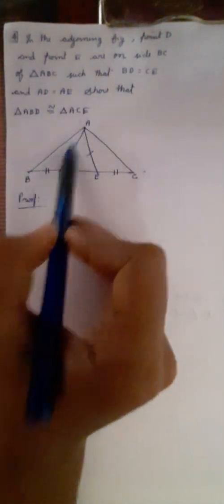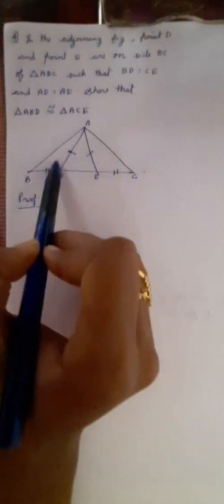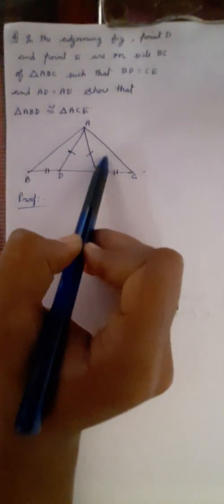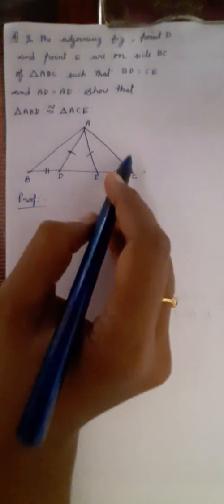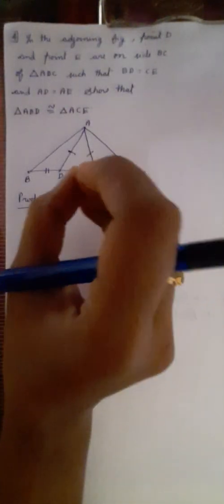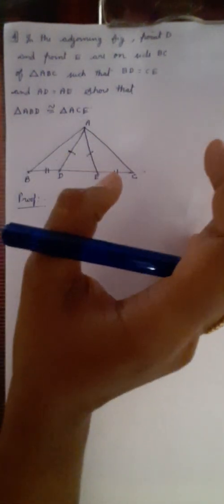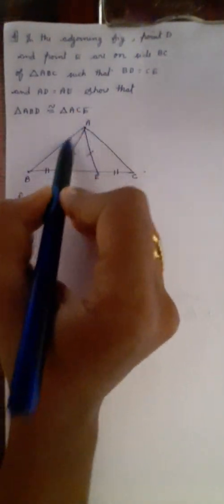Here what is asked to prove? Triangle ABD is congruent to triangle AEC. These two we have to prove. So in these two, the target is, this is very easy to solve. Why is it so? Because two sides are congruent, already given in the question. Now only one thing we have to prove. Something should be equal. That we will prove. Then easily we can take any test of congruency. So now I will start the solution from triangle ADE.